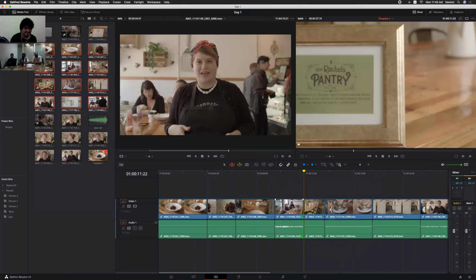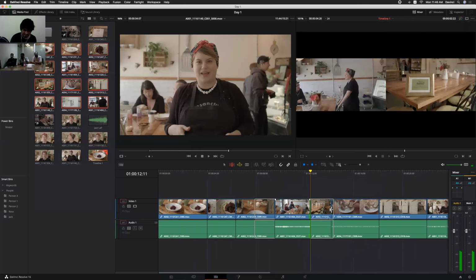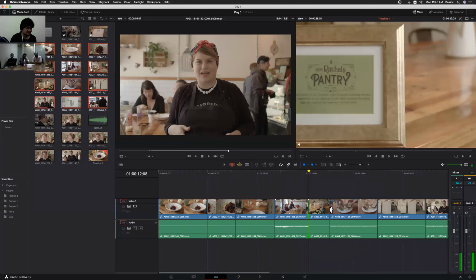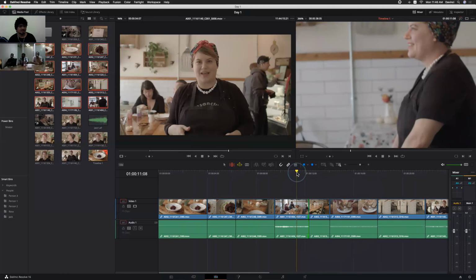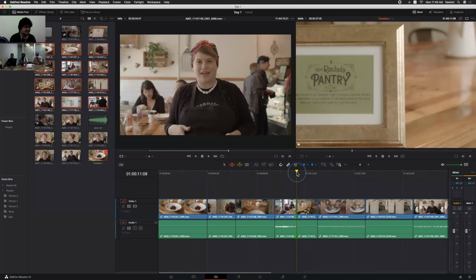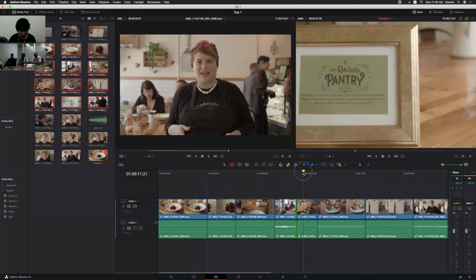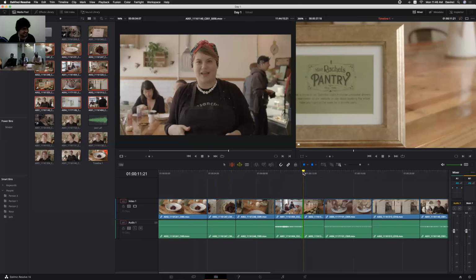While playing itself, we can do it. This is a very useful option. We can use JKL keys for trimming purposes also. Okay, and within the dynamic trim mode, we do have extend edit also. It's the same shortcut as FCP7, or I think it's the same in Premiere also, right? E. By clicking E, it will automatically trim. It automatically extends the thing, right?